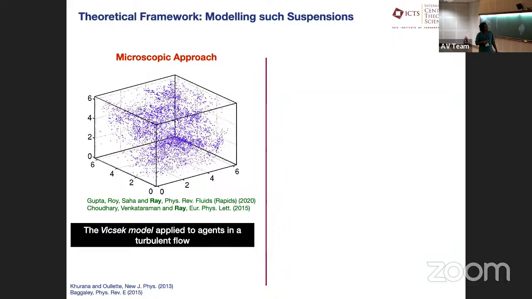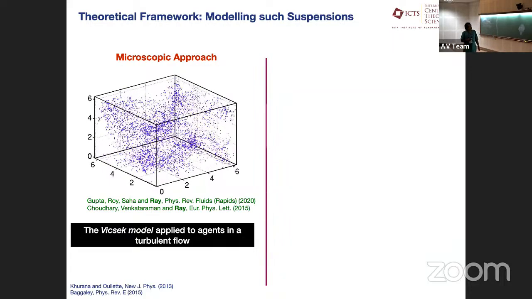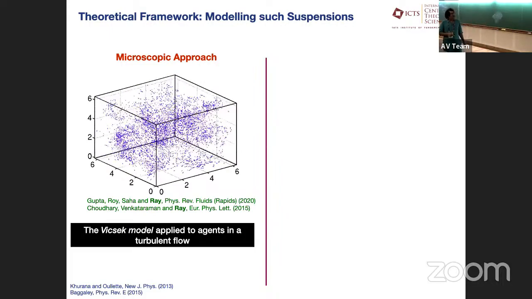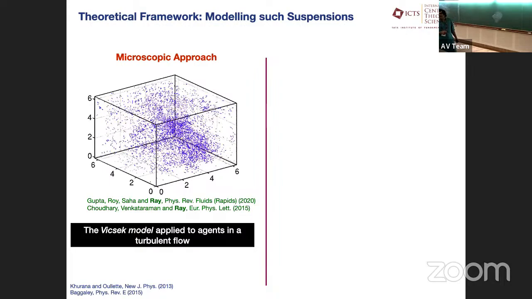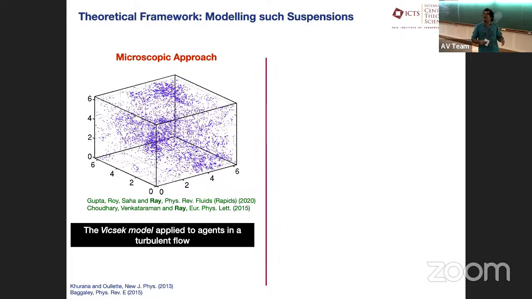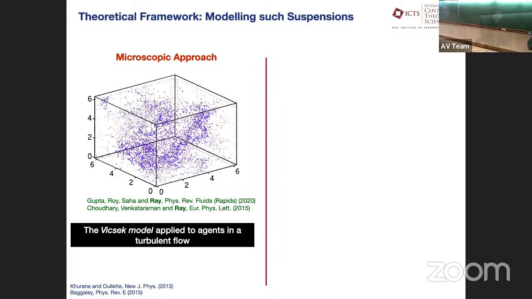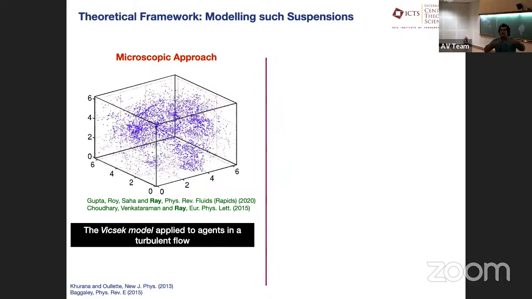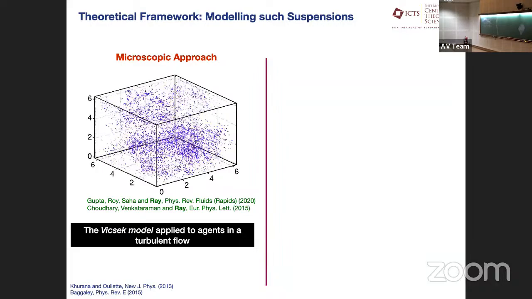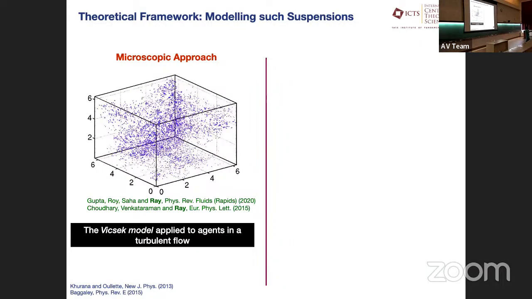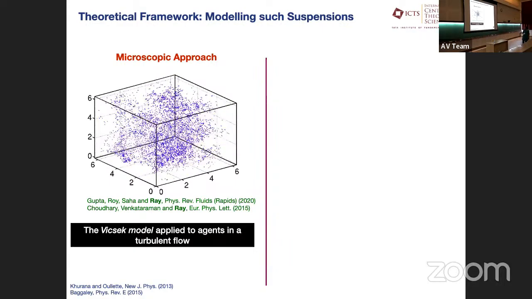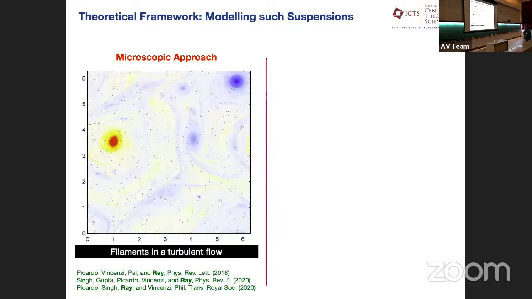More recently, I'm not going to talk much about this, but using similar microscopic approaches in a complex environment, we have been looking at the motion of swimmers in a high Reynolds number turbulent flow, to understand if turbulence can in some way offset the degree of flocking, because we all know that turbulence leads to enhanced mixing. So are there ways in which the right size, the right shape of micro swimmer actually matters for one to see this nice flocking behavior.